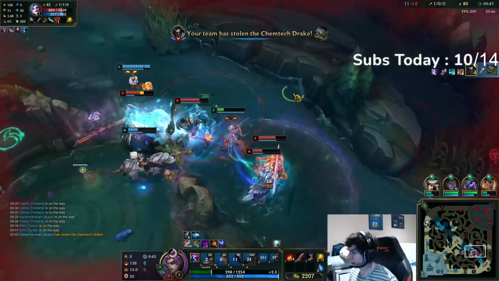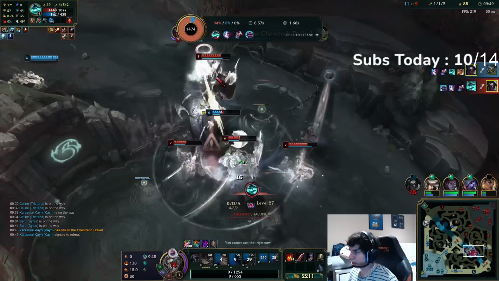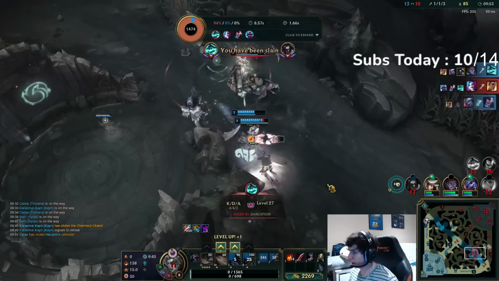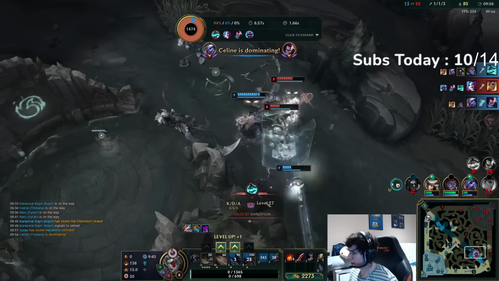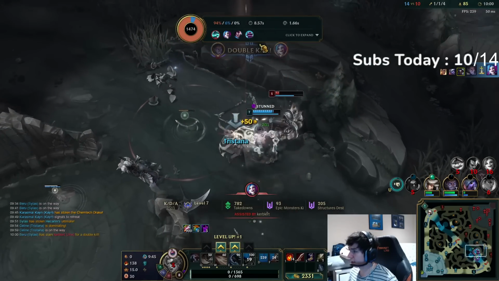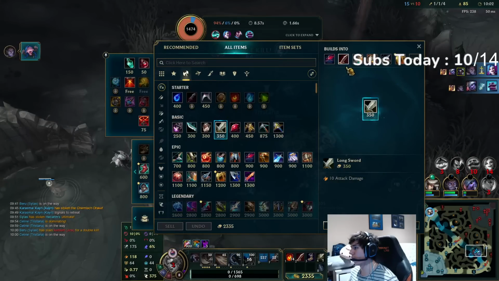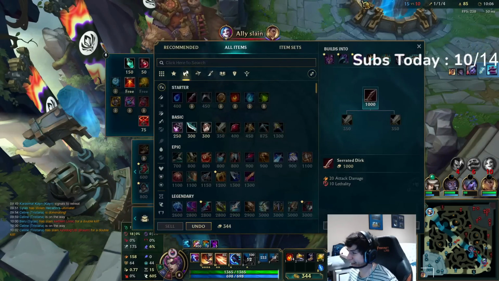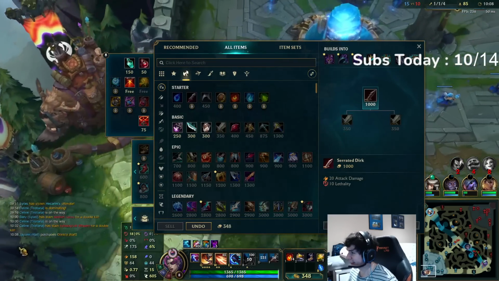Okay, even if I die here, I think this is worth it. Oh, there's one. There's two. Oh, and he lives! Oh, that's insane. Yeah, so I'm just gonna get Hubris right now, and we're about to get our form,